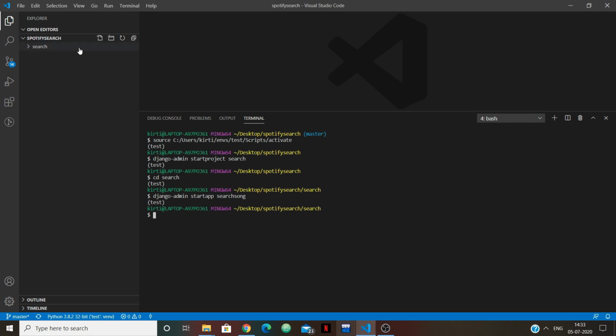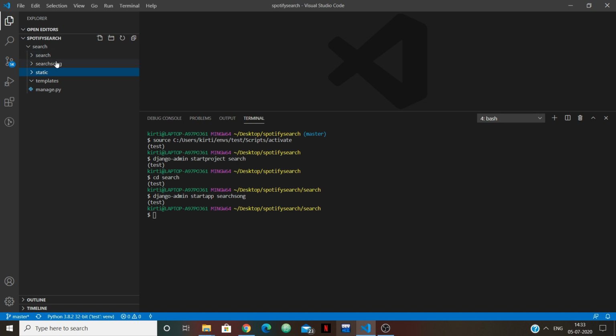So Django has created an app for me, and in this search folder I will create a new folder, templates, for the HTML part, and one more folder inside it for the CSS and JavaScript part, that is static, so that Django could handle both the front end parts easily.